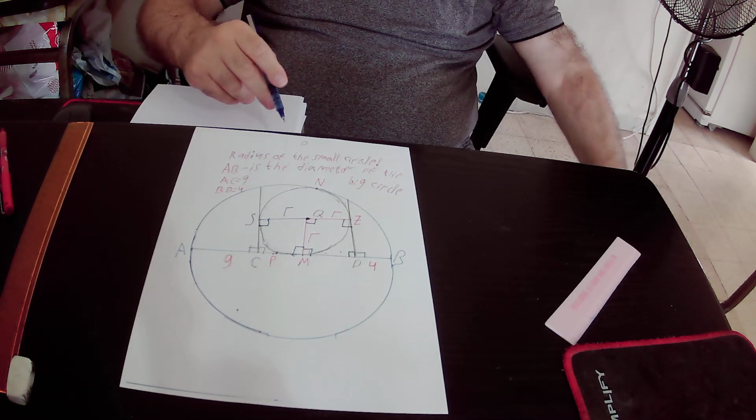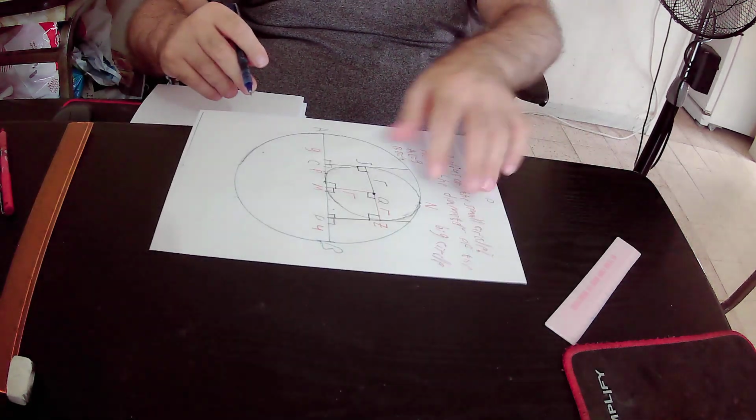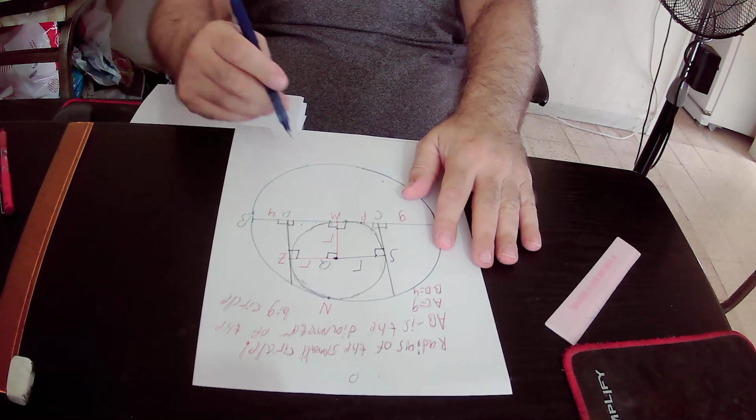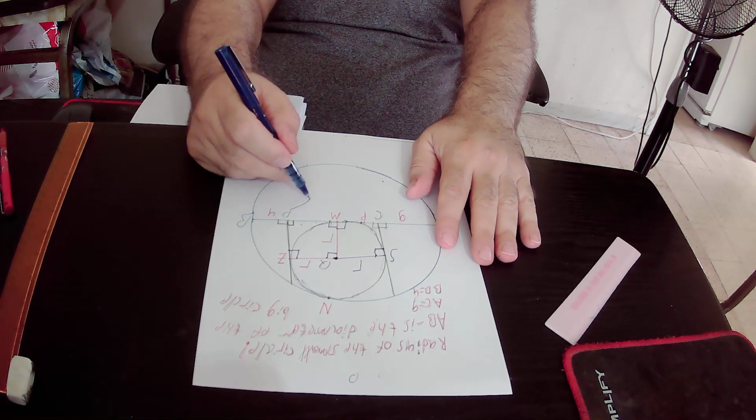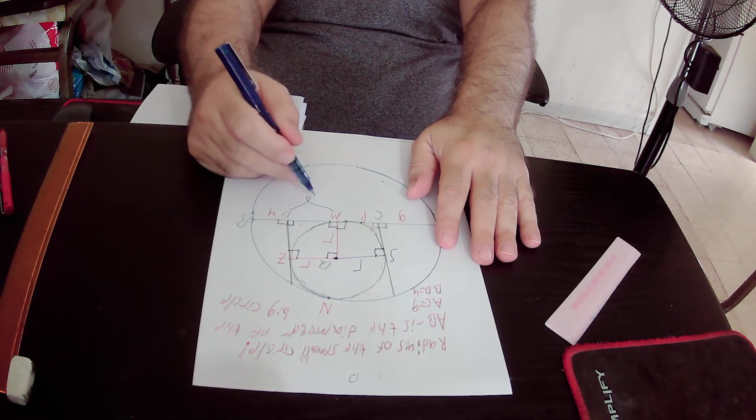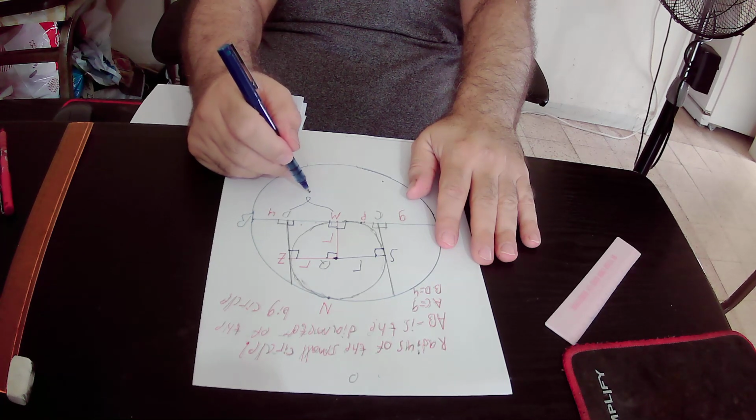So we can write here that MD is equals to the radius of the small circle,